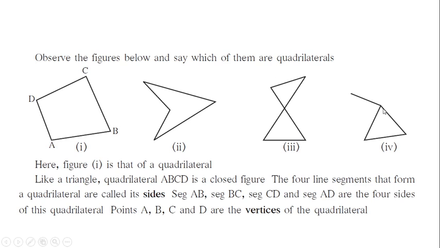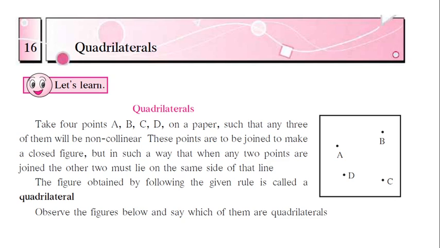And what about this? Though this has 4 points, this is 1 point, this is second, this is third and this is fourth, still it is making a triangle and all the 4 vertices are not enclosed within the figure. This side remains open. So this figure is not a quadrilateral, and the remaining 3 figures are examples of quadrilaterals. Let us now study the properties of a quadrilateral.